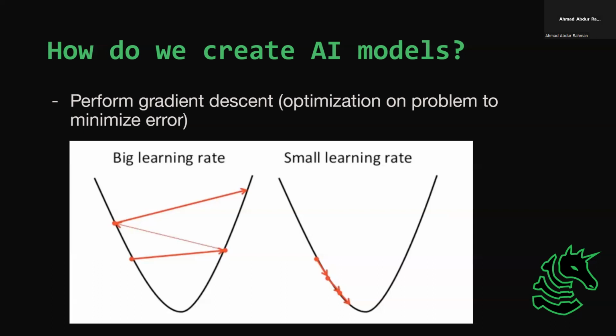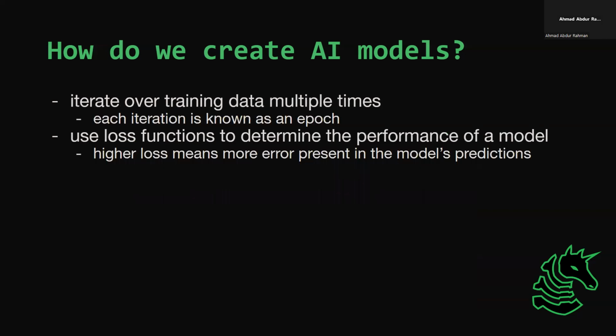And that is usually how AI models are trained. You can use various parameters to determine what error is, how much error you have. You can look at all of that. And so